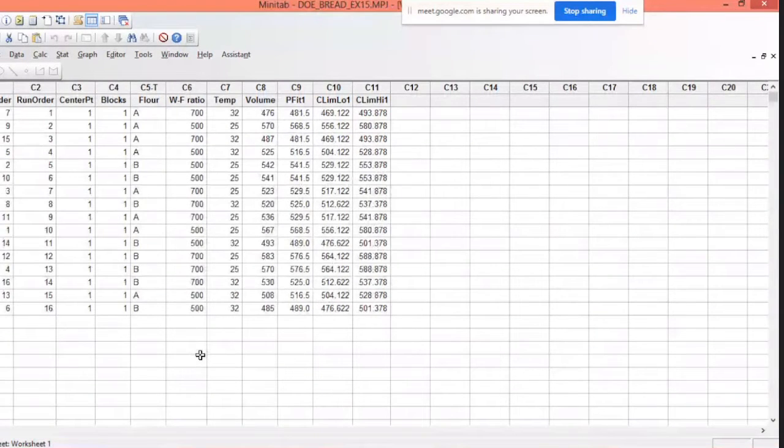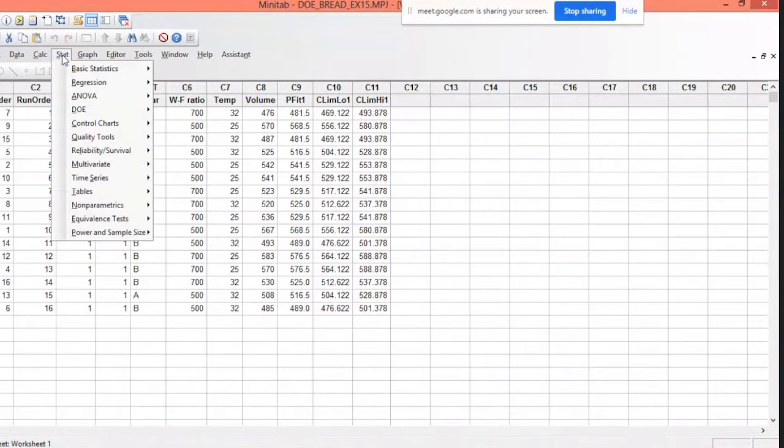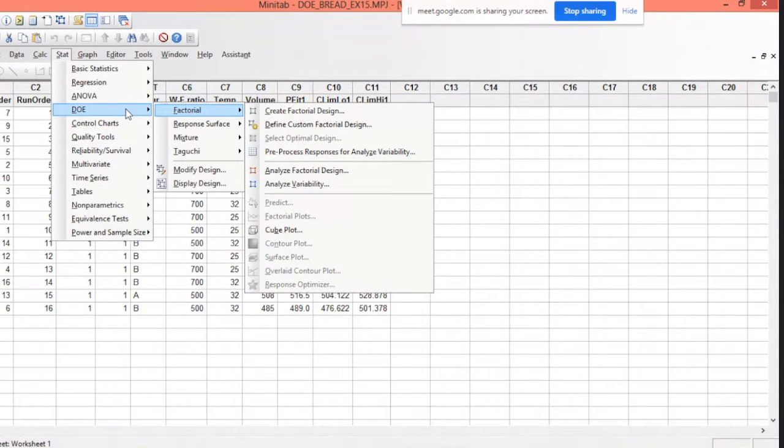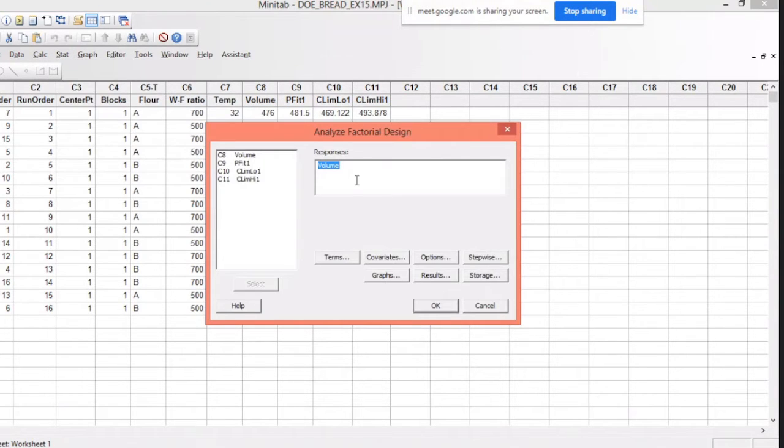So here we can see this is the data. We already did the analysis of this data, and we have to go to DOE, Factorial, Analyze Factorial Design.